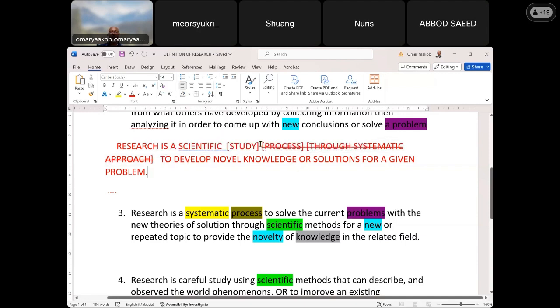Okay. The thing is, you added "precise". You need to define what you mean by precise. Why do you need precise knowledge? It's just knowledge. You develop knowledge. So precise, for me, is not necessary at all, because you need to define precise, and somebody will have a different definition of precise. Okay. And then about novelty,